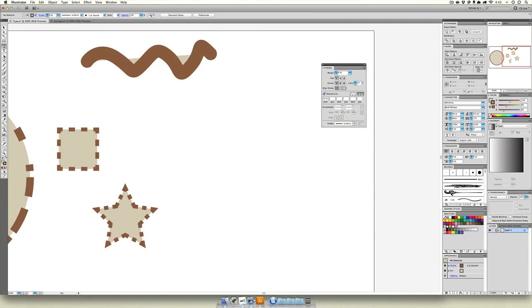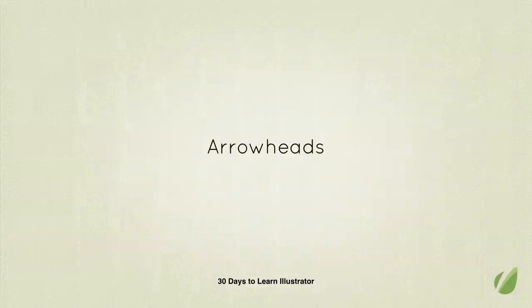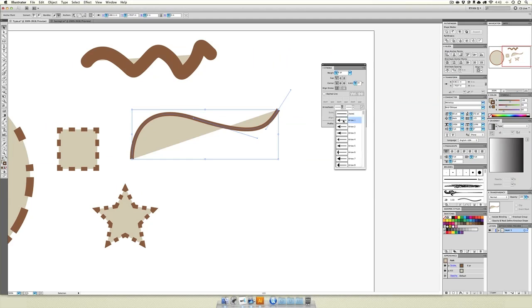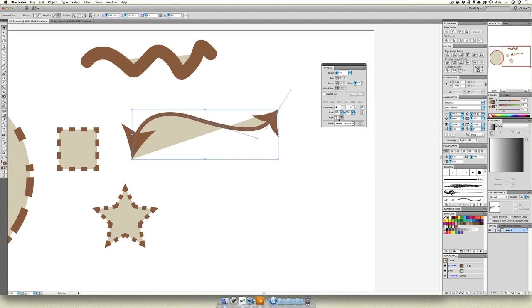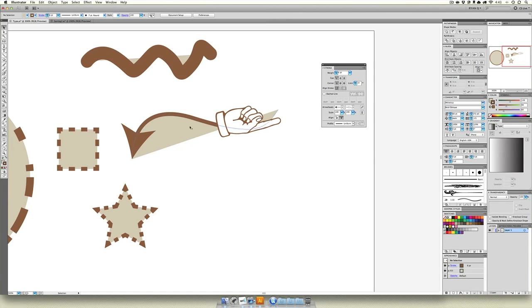Finally, when we draw out a line of any type, we can take it and say we don't want it dashed anymore. We can add arrowheads to it. You can say I want an arrow on this side and an arrow on this side. And you can change which arrow you want on each side. Maybe over here we'll do a pointer finger. And over here we'll do